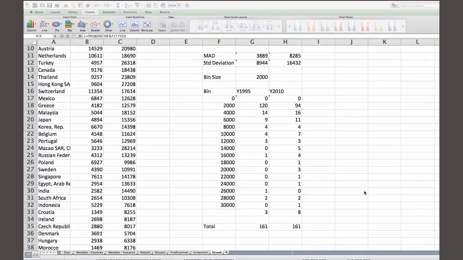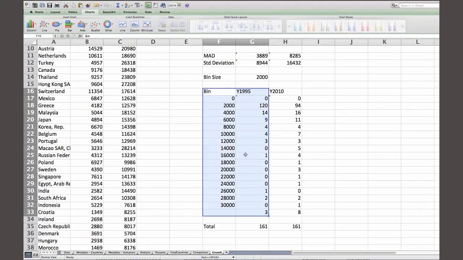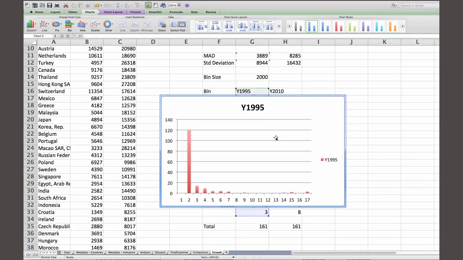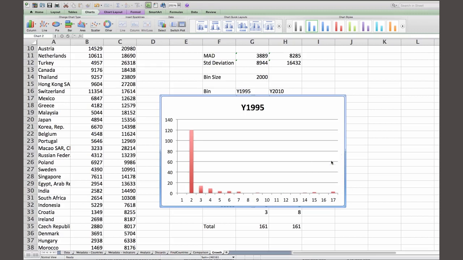I'll now go ahead and select a frequency table 1 year at a time and get 2 histograms. So I don't need this series of numbers. I'll just go ahead and delete it. I don't even need this legend because I know that it is for the year 1995. The axes labels, I'm going to go ahead and change that to, guess what?